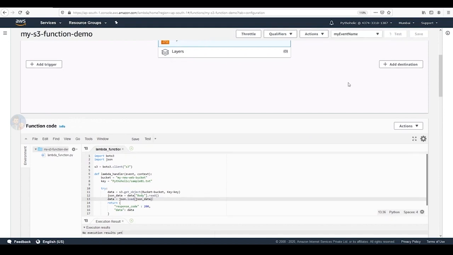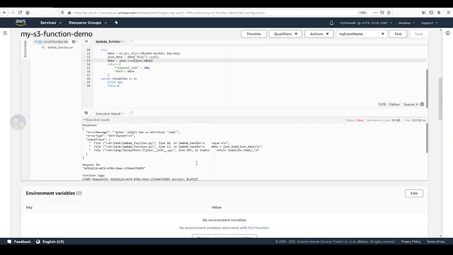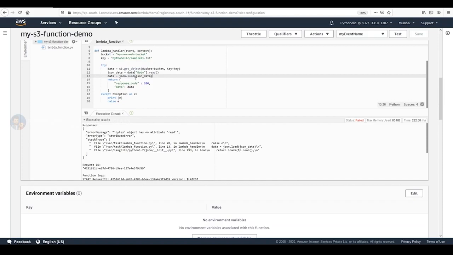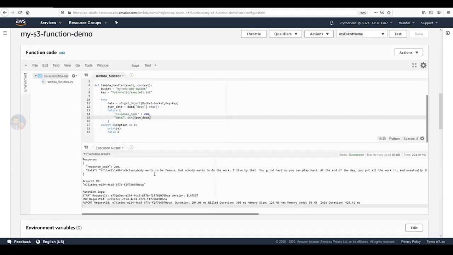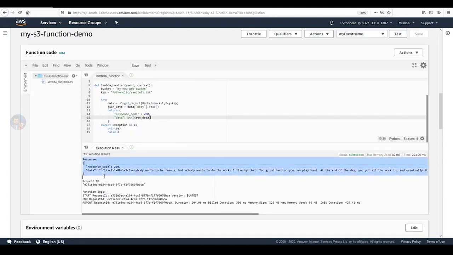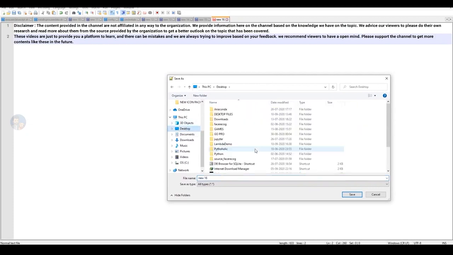execute it. Test. Okay, so byte says no. Okay, I cannot do this, so I'll just remove this, not a problem. I was thinking it will be some, yeah, see, so I have the data now. Okay, so I'll create a new file and I'll just add this disclaimer content and I'll just save it in desktop. So this will be our next file, so I can just keep it as